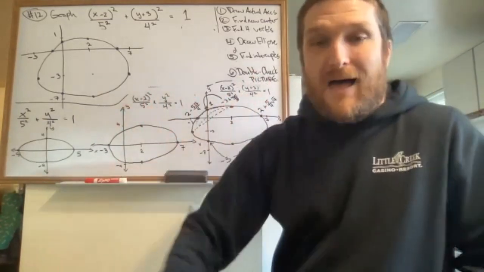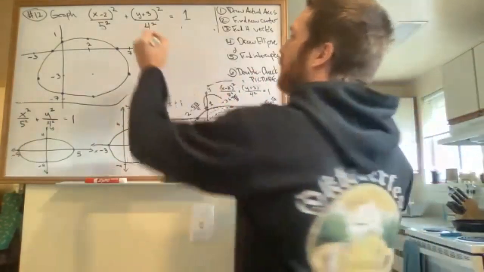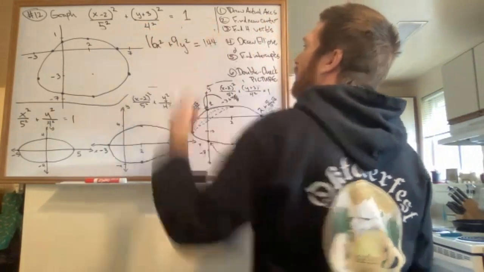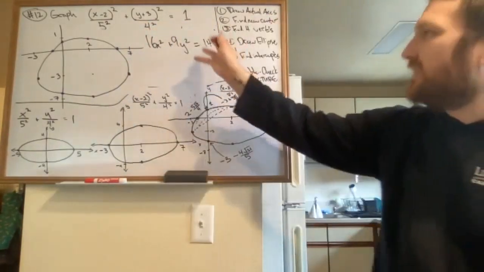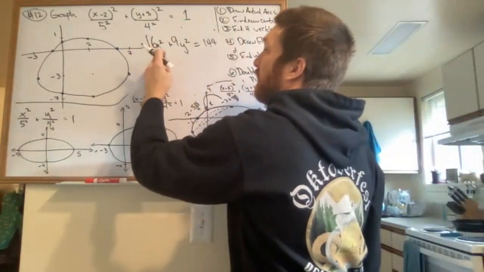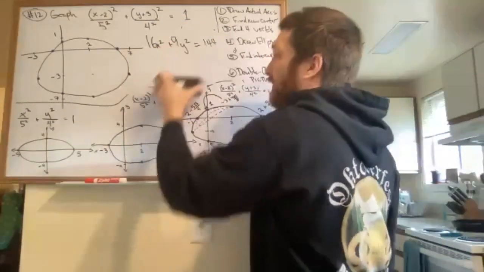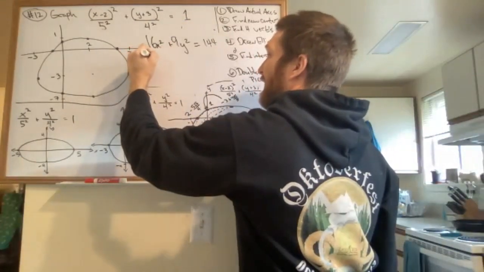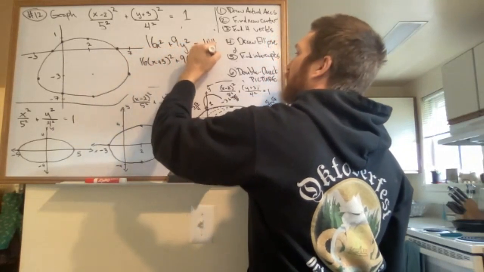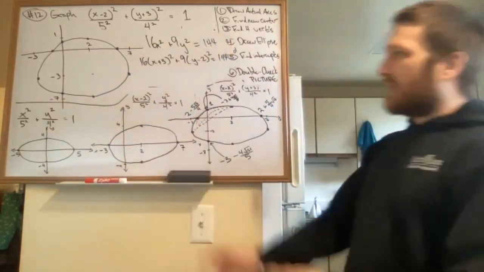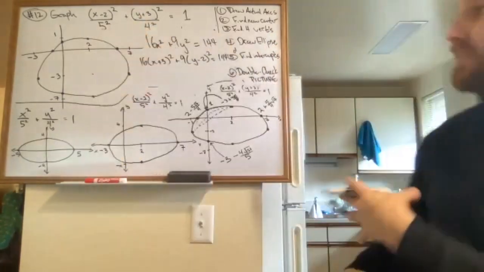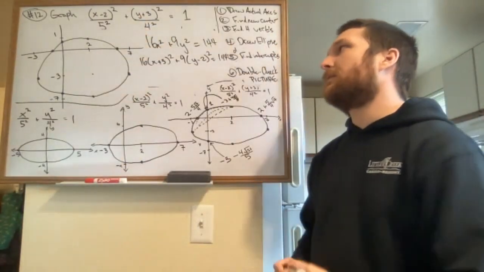And then you end up with something like what we started with, like 16x squared plus 9y squared equals 144. And then we know how to deal with that. You just get the 144 out of there and try to turn it into this form, although it's not going to look like that after completing the square. It'll look more like this: 16(x plus 3) squared plus 9(y minus 2) squared equals 144. But that's the idea. If we could take that thing and turn it into this type of thing, then we know how to graph it. And so that's what